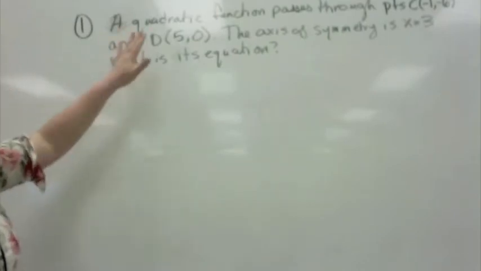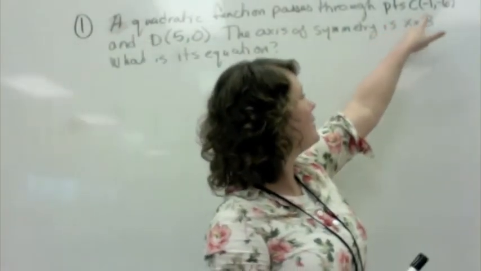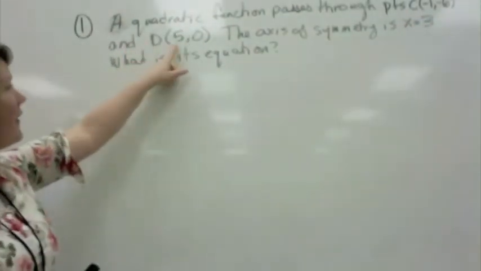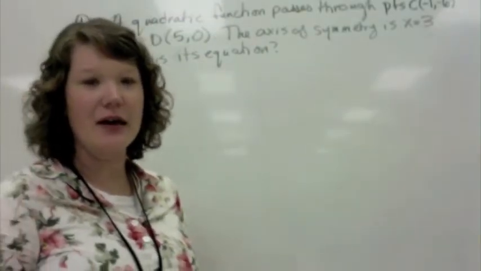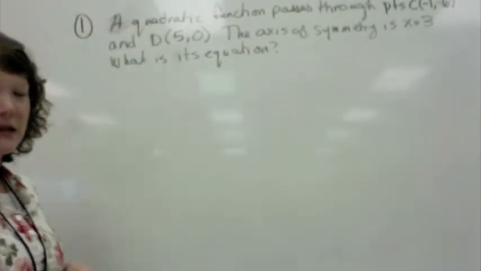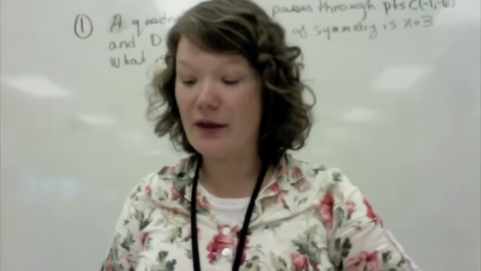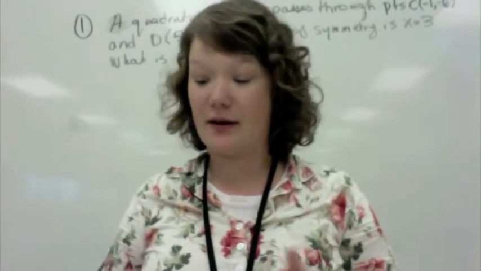So, a quadratic function passes through 2 points: point C at the coordinates -1, -6, and D, 5, 0. The axis of symmetry is 3, or x equals 3. What is the equation? First things first, we have to start off with the vertex form of the